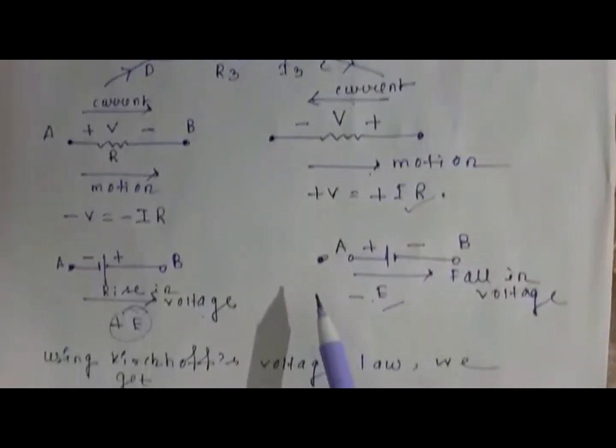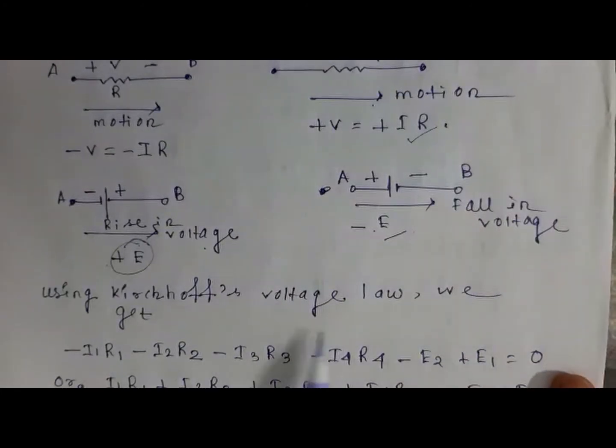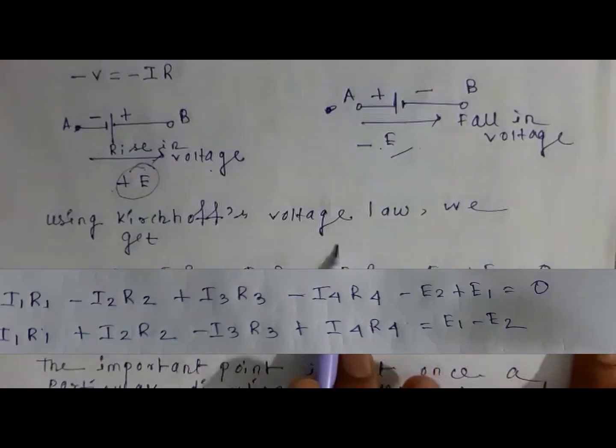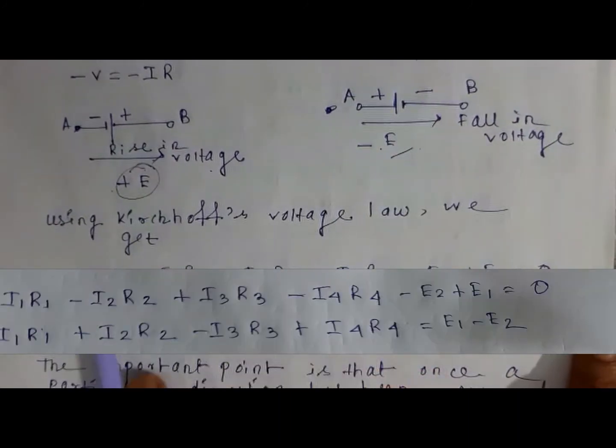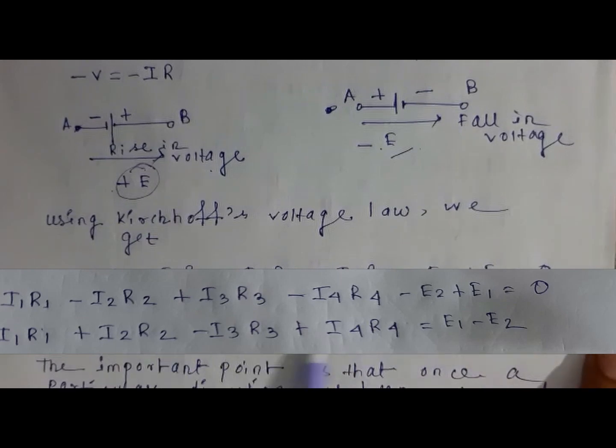Now when we apply Kirchhoff's voltage law, putting all the things in, we know the summation of the products of current and resistance as well as the EMFs will give us 0. So here we get this, and after simplifying we get this one. We are just putting the EMFs on this side and the current-resistance products altogether on this side.